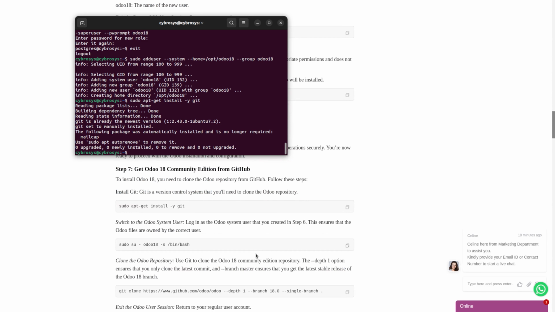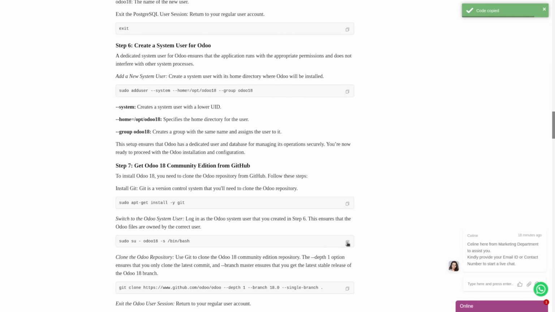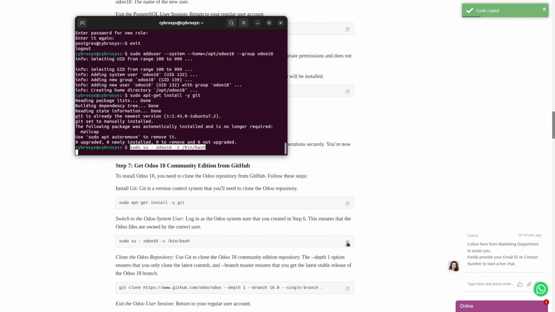Everything is set, and we just need to switch to the Odoo system user, like logging in as the Odoo system user that we created in step 6. This ensures that Odoo files are owned by the correct user. Now let's copy the command, and again let's move on to the terminal and use Control Shift V over here